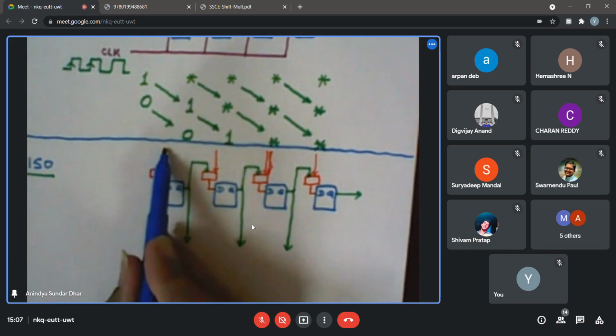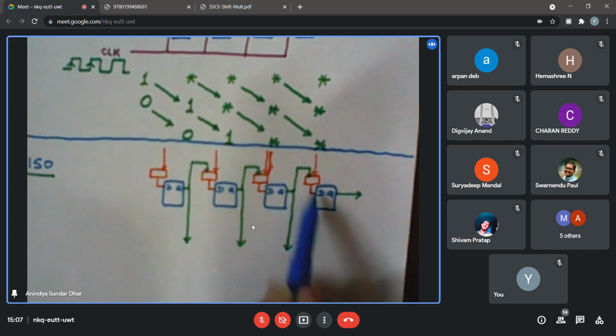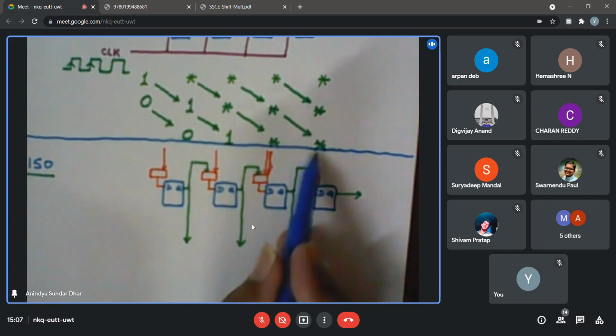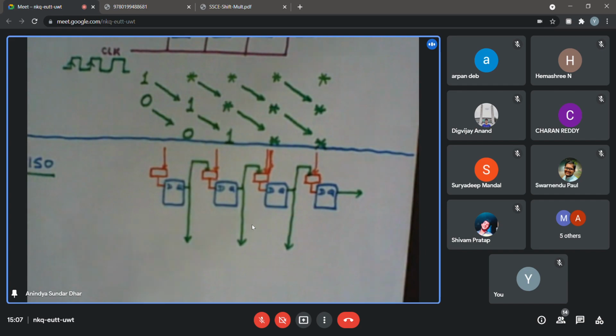These are the parallel input lines through which I can load the D flip-flop, provided that this multiplexer is choosing the red input. In all the multiplexers I have two inputs, one marked with red, another with green. So the select line, as you are asking,